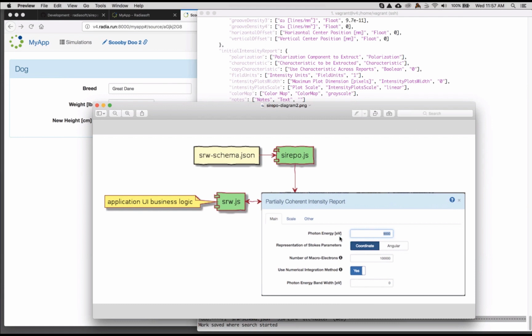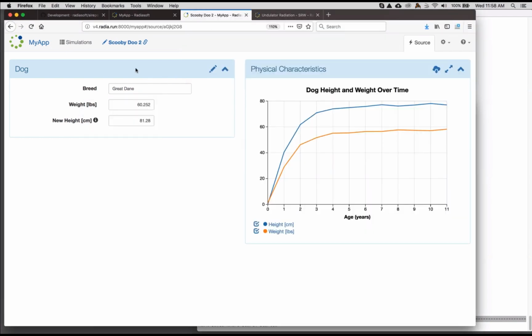So like in this case, in the SRW.js, there'll be maybe some special code to hide or show fields, depending on if I've clicked on one of these particular fields. So that's sort of what's going on with the JavaScript reading the JSON file and then determining how to lay out the pages. Okay, so let's look at